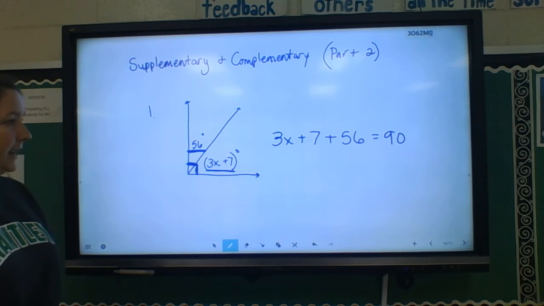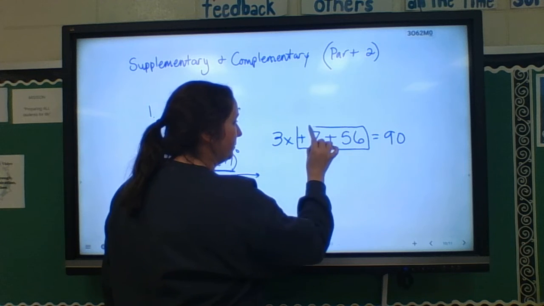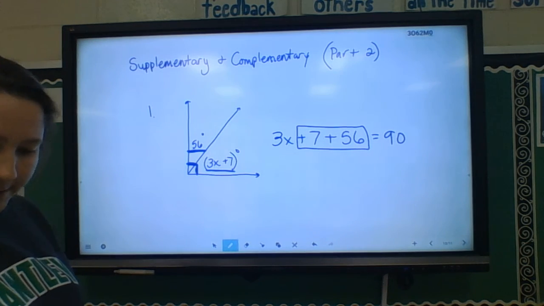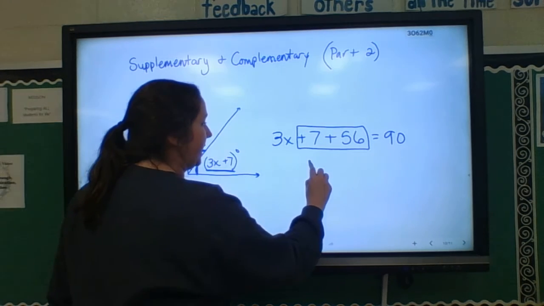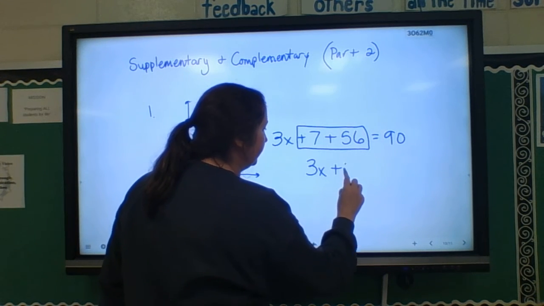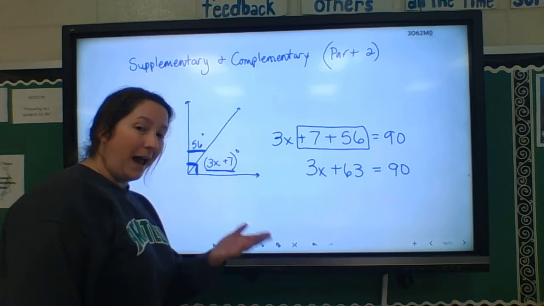Now I see some things that need to happen. I need to combine like terms. So what is 7 plus 56? 63. 3x plus 63 equals 90. Now I'm back to